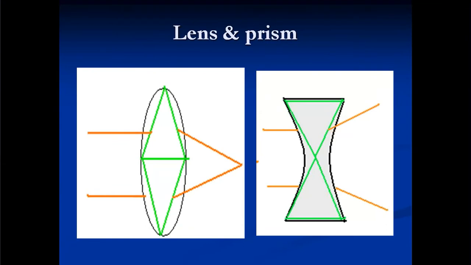Okay, you can see here, the one is biconvex and the other one is biconcave. Biconvex lens is nothing but you can see two prisms with bases abutting each other, and the biconcave is prisms where the apex is being opposed.